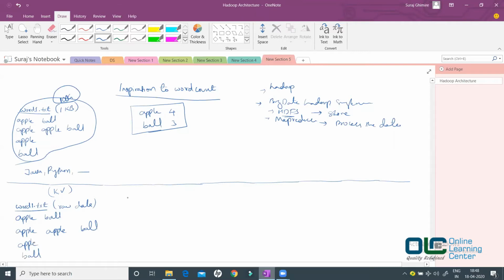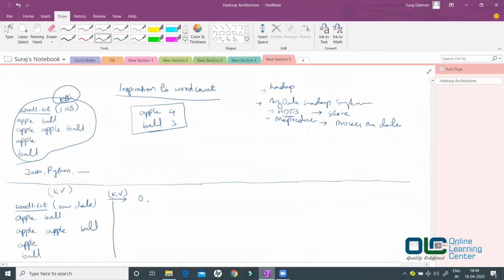This is the data you have. This raw data will be automatically converted into key value pairs, and then it becomes something like this.